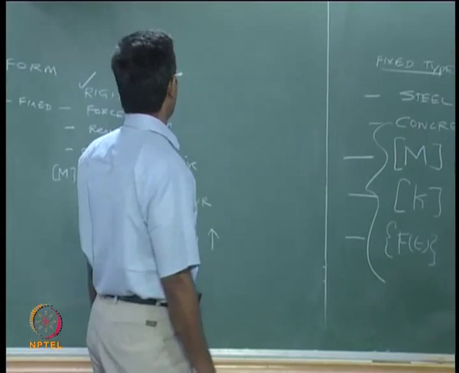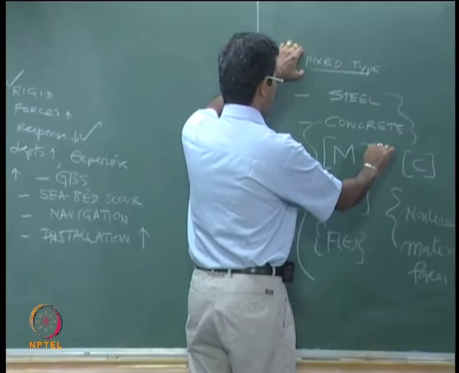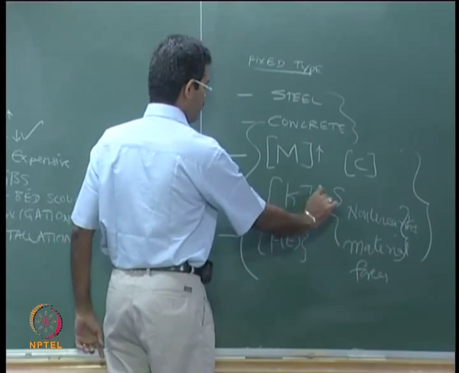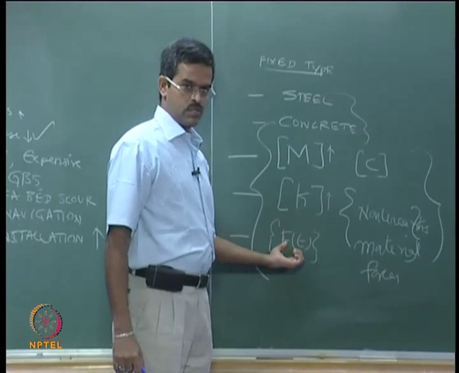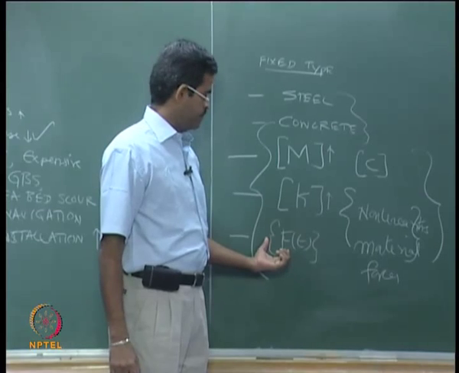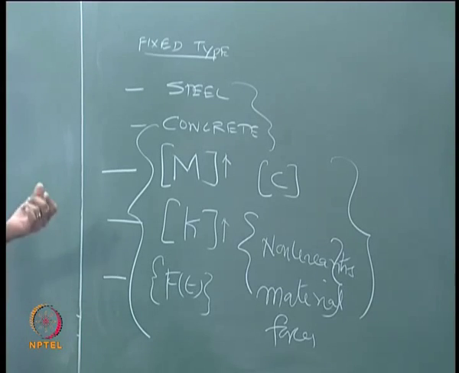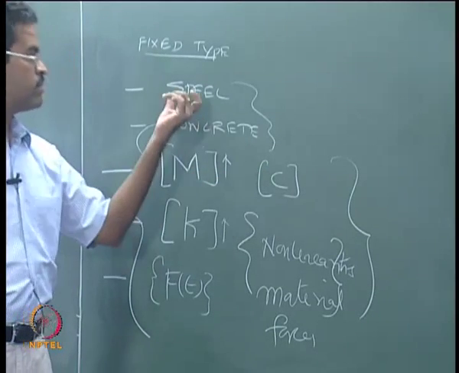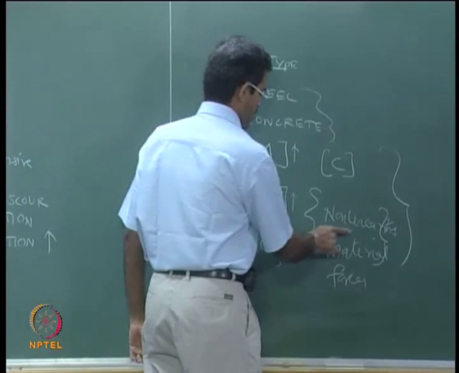So, we understood from one type of platform that they have very high mass, it is very rigid and therefore very stiff, and we are yet to speak about the environmental forces coming on the structural system. We will talk about that in the next lecture. We marginally touched on the damping characteristics which can be derived from the material, and we spoke about a very brief introduction of how you get non-linearity.